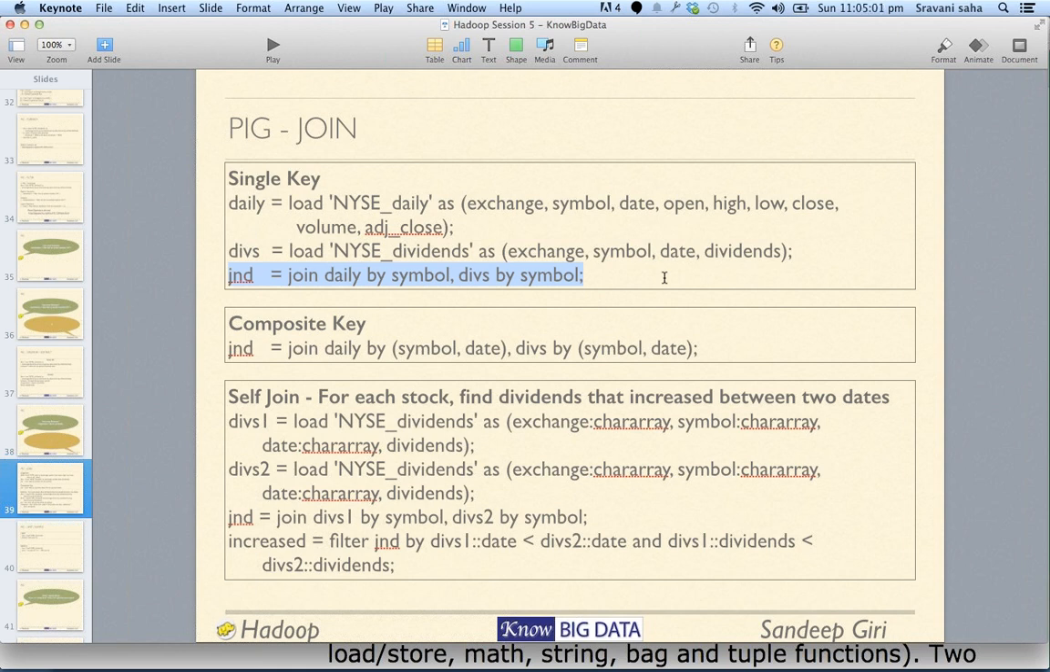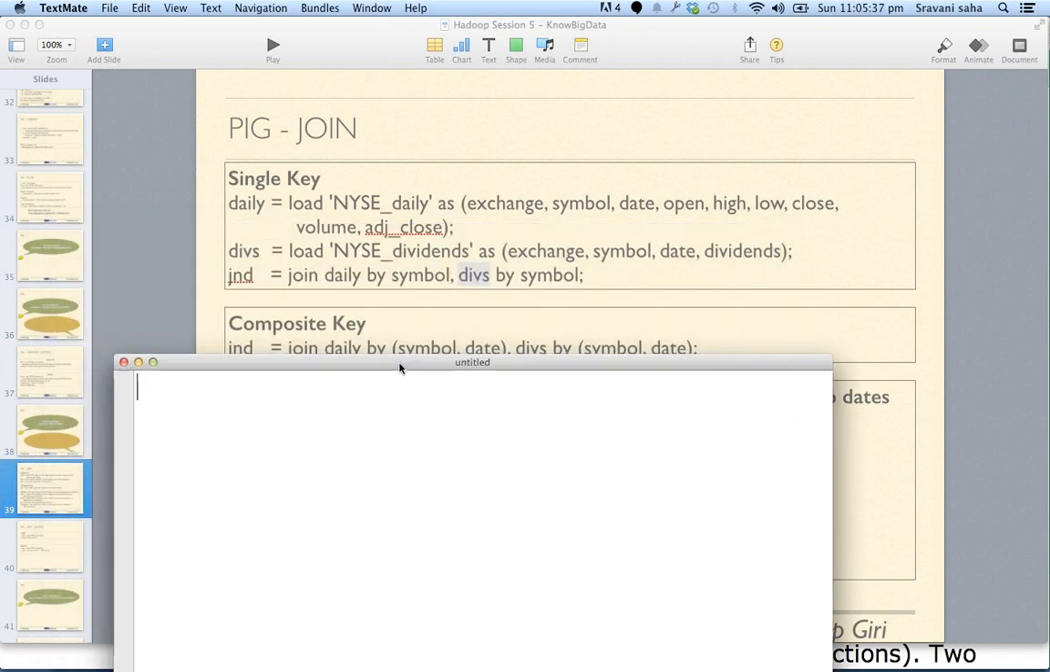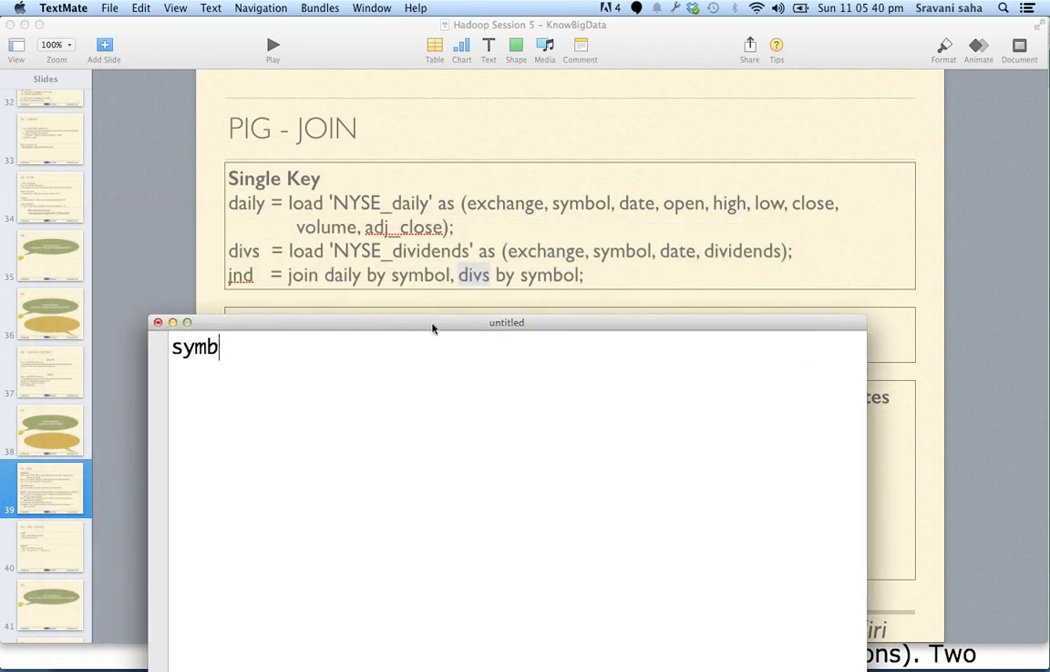Similarly, here also the syntax is very simple. It says join daily by symbol and divs by symbol. So there are two sets, daily and divs, and we are trying to join these things together, forming a single table based on these values. Wherever these values are same, we are joining them together. As an example,